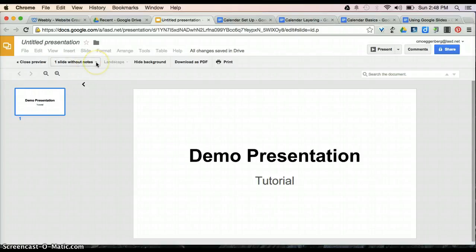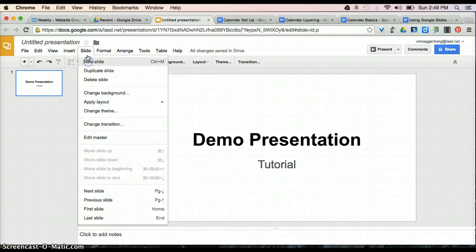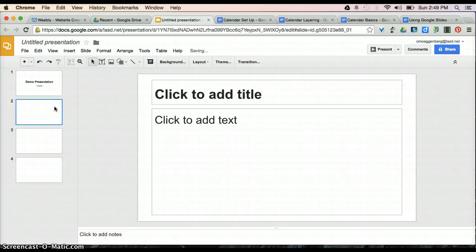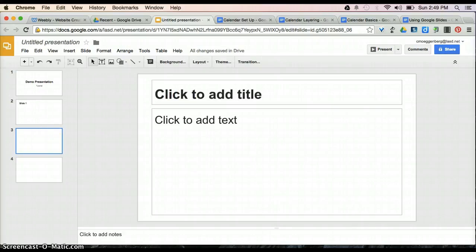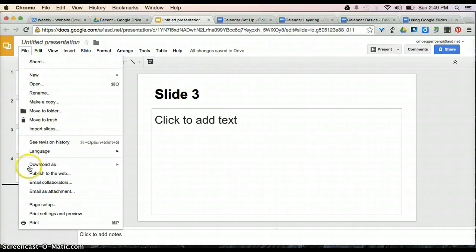It says that it's going to print the one slide without notes. Well, I'm going to go back here because I want to close this out and add a few more slides to show you what it actually can do when you have a bunch of slides. Now that I have a few slides here, when I go up to File and I go down to Print